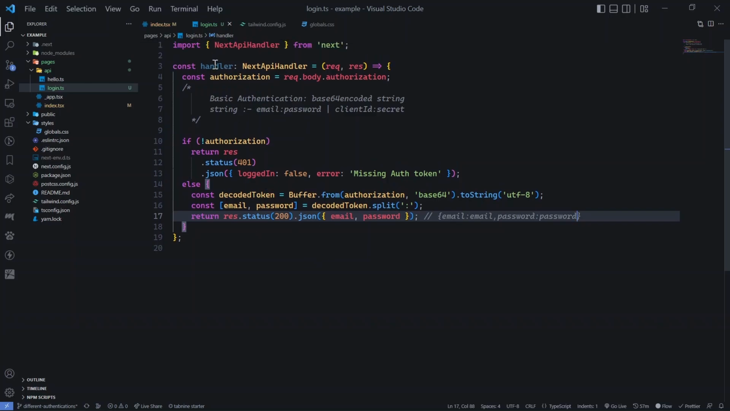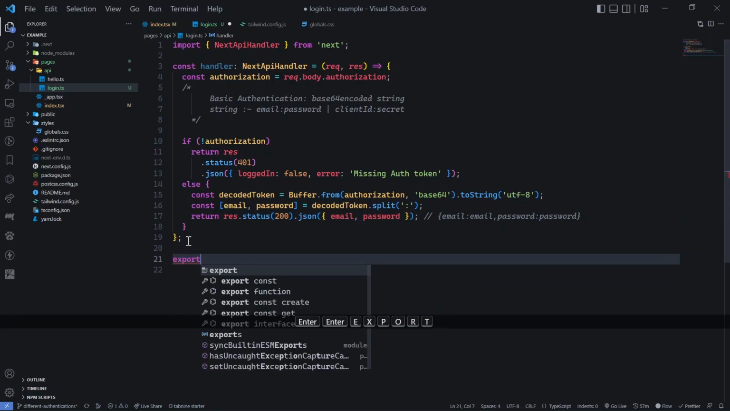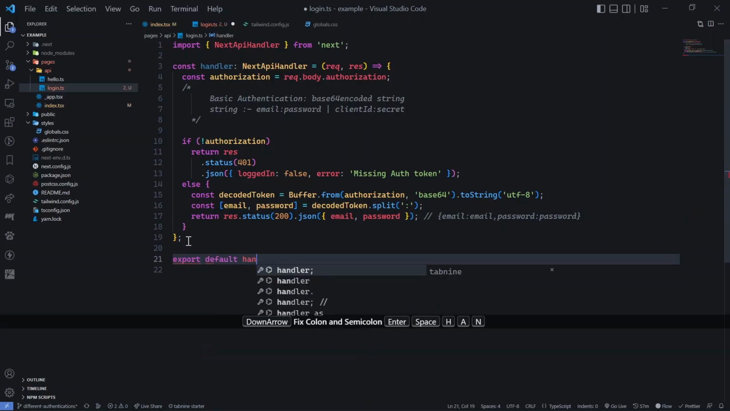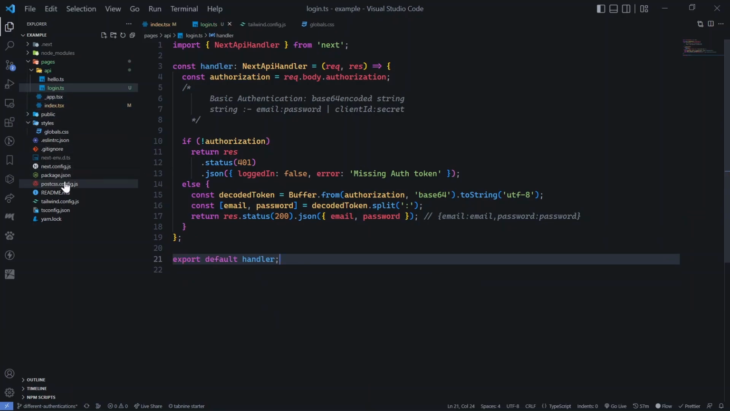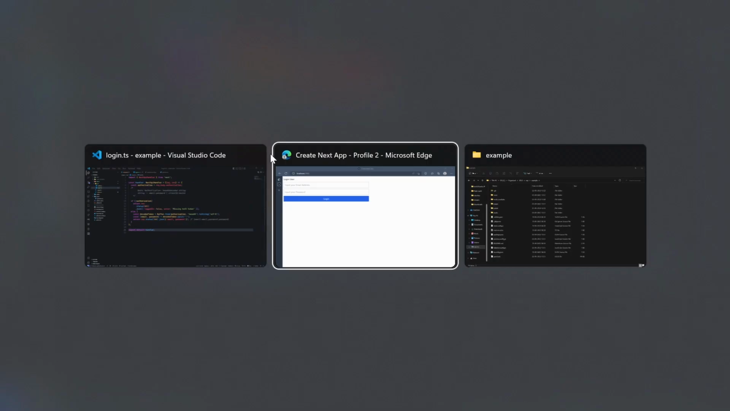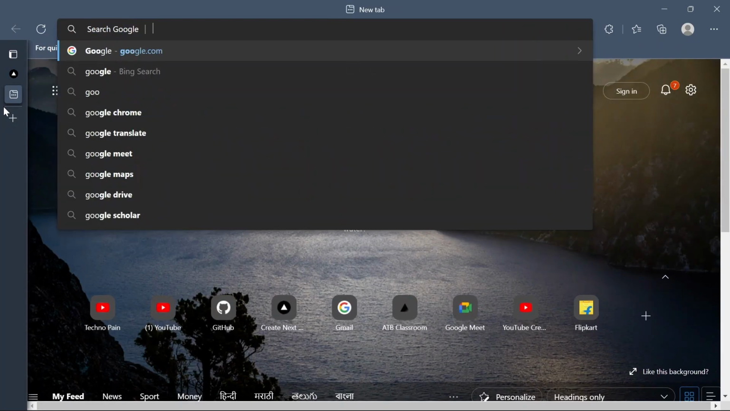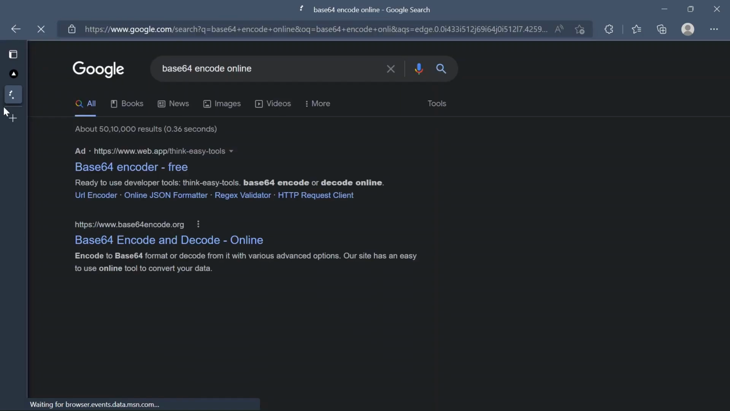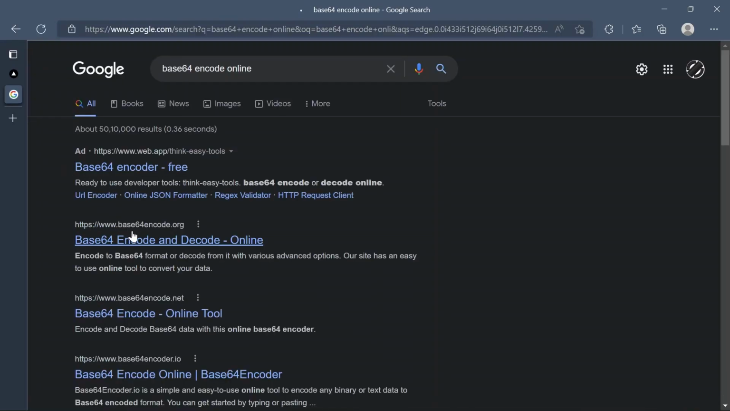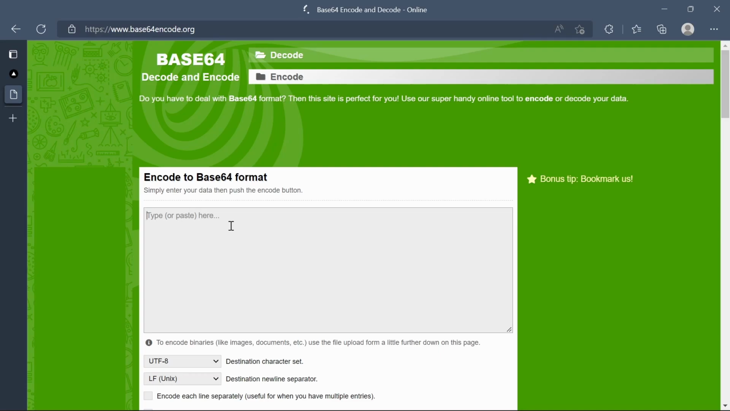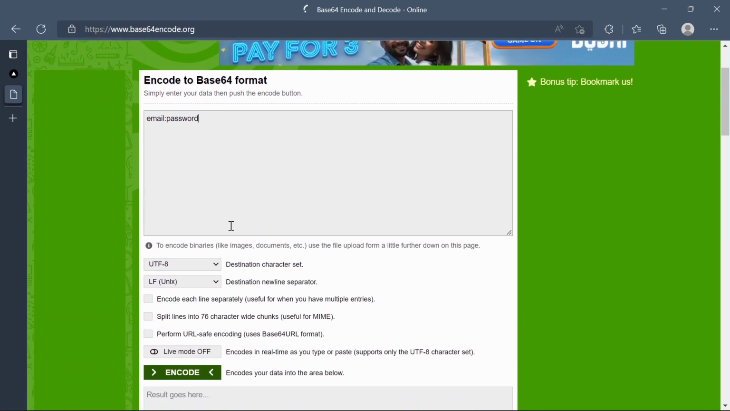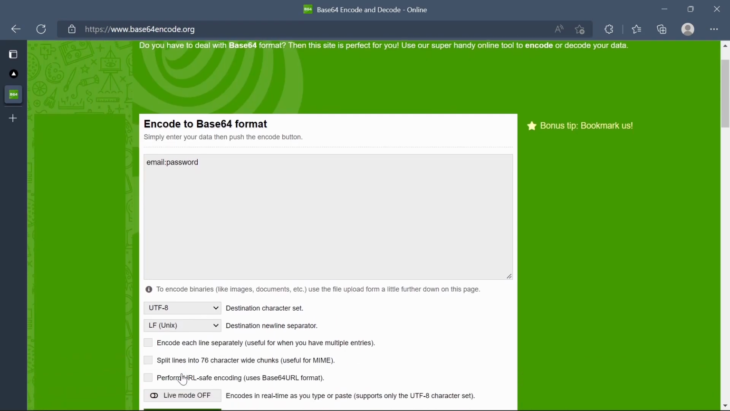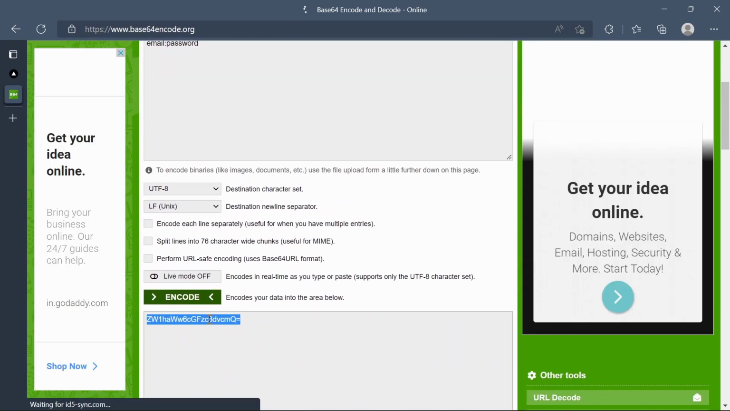So now let's quickly export this handler, export default handler, and that's it. Now it will create an API for you. So first let's have a base64 encoded string. For that, let's use some base64 encode online tool, and let's say email is email and password is password. So this is how you will send a base64 encoded string. After encoding, it looks like this. So let's copy this up,